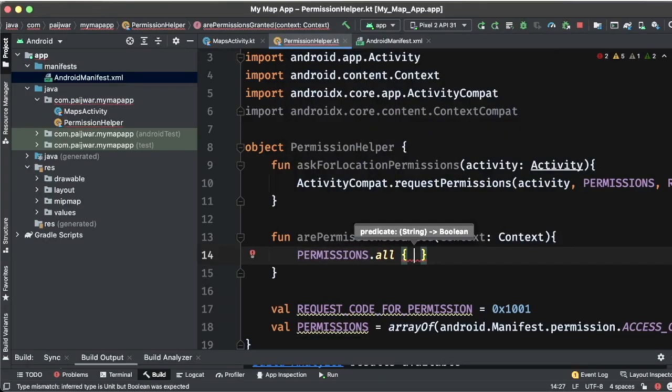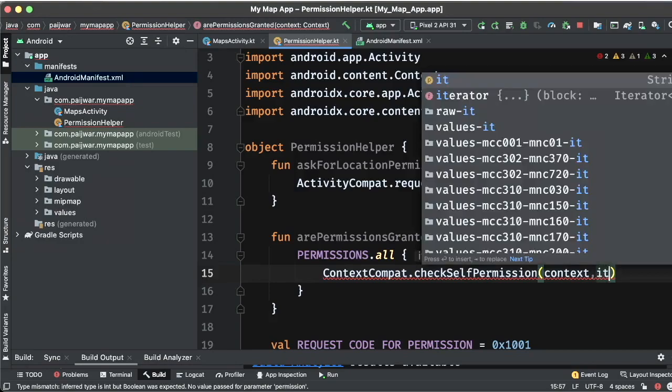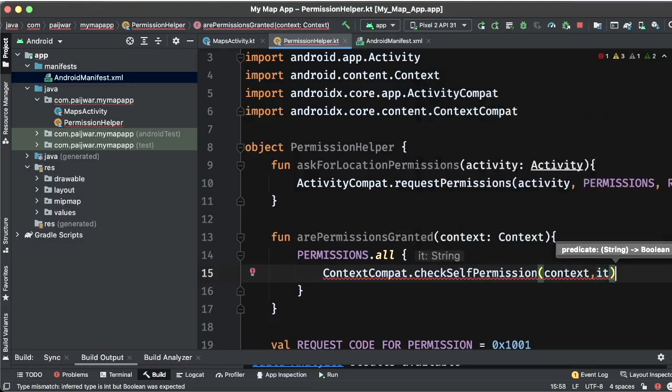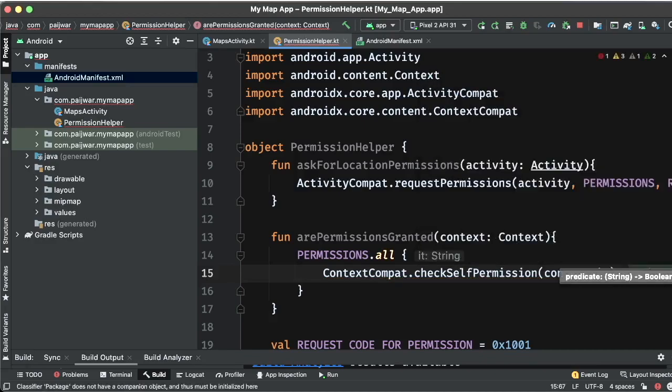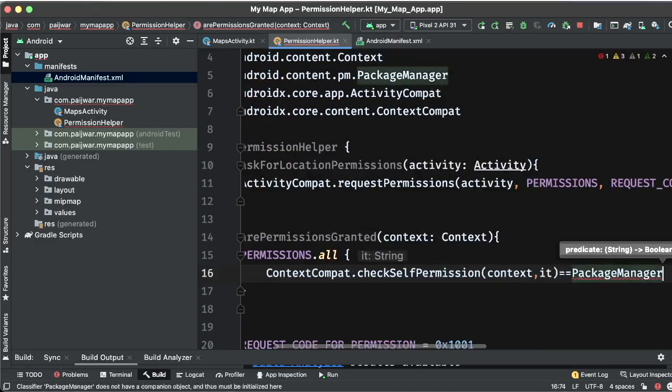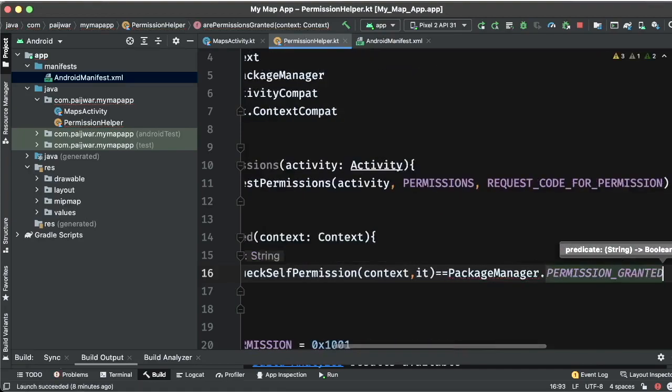for each permission we need to check, and here we will be doing this with the context, and here we can pass each permission individually, and then check for PackageManager.PERMISSION_GRANTED.